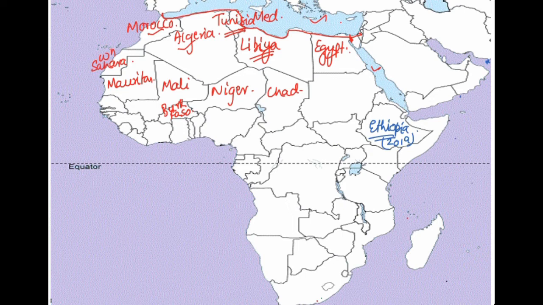So Eritrea lies to north of Ethiopia. This country here, it is known as Eritrea. So Eritrea और Ethiopia के बीच में एक conflict चल रहा था for 20 years, and since Abiy Ahmed, the Prime Minister of Ethiopia, had important role in resolving it, he was given a Nobel Peace Prize. Eritrea के east में, this small territory here, it is known as Djibouti.